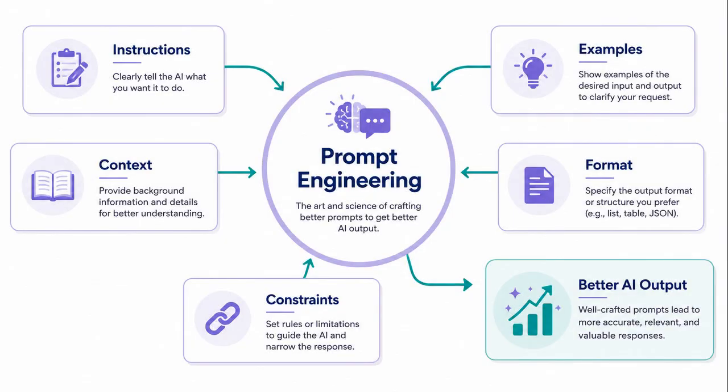Now let's look at what prompt engineering is. Prompt engineering means writing instructions that guide an AI model. A prompt can be a question, task, command, example, or workflow. The goal is to help the AI understand what you want. A good prompt reduces confusion. It gives the model enough information to respond usefully. It also tells the model what style, depth, and format you expect. In simple words, prompting is how you communicate your task to AI.